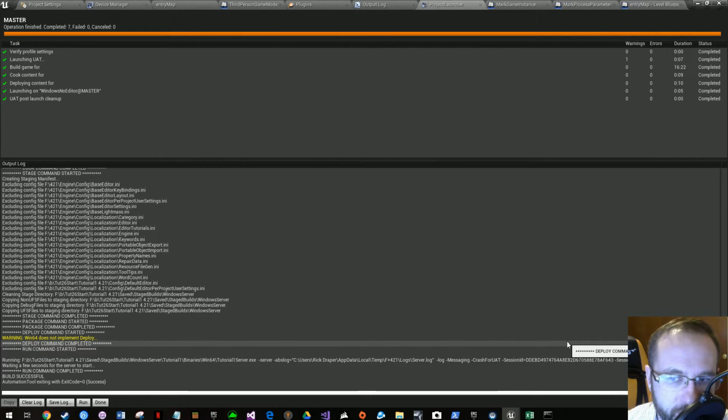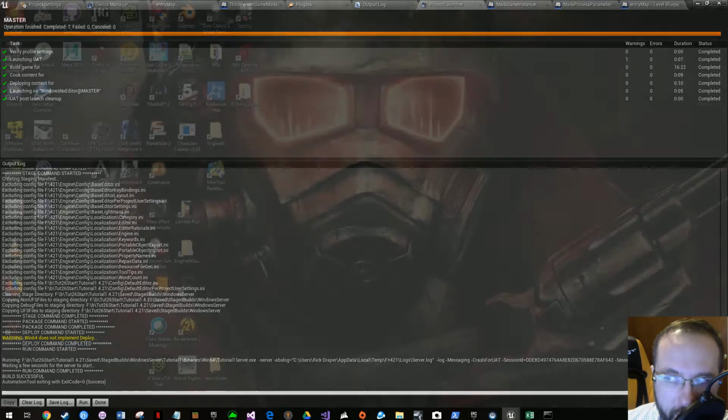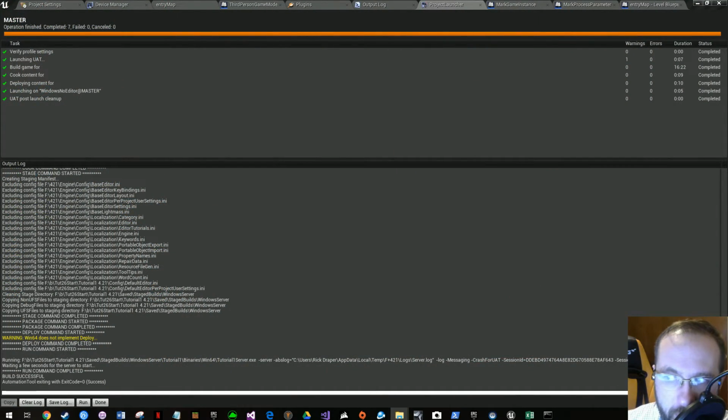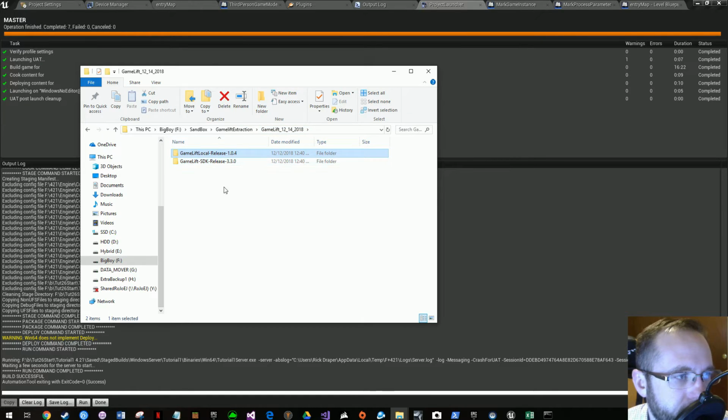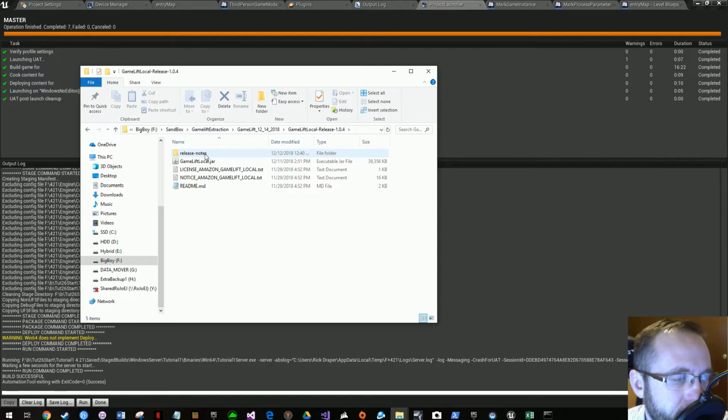The way we need to test that is to go ahead and bring up that GameLiftLocal that we were talking about. So let me get the folder without hopefully crashing everything and bring it over here. So if you remember on our first GameLift episode, we downloaded this GameLift folder from the actual AWS site, and it had two folders, GameLiftLocal and SDK. You want the GameLiftLocal folder, just go ahead and open that and